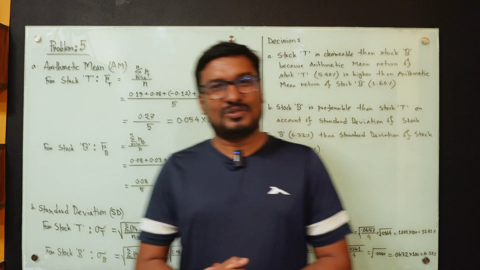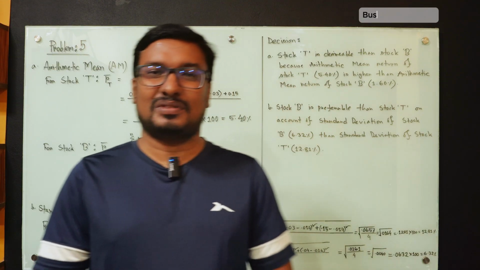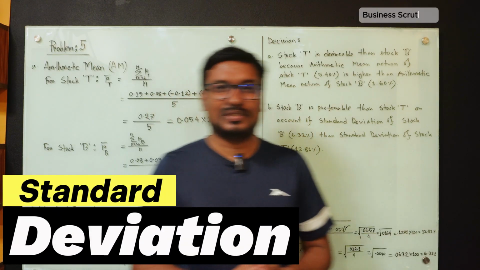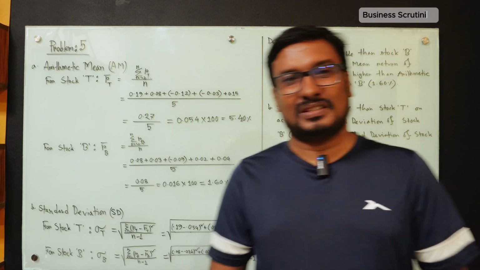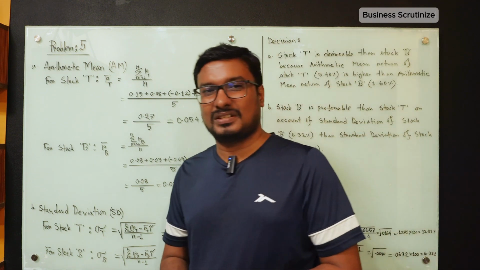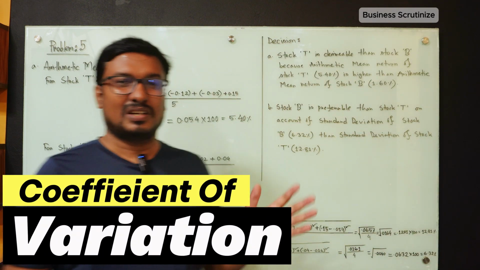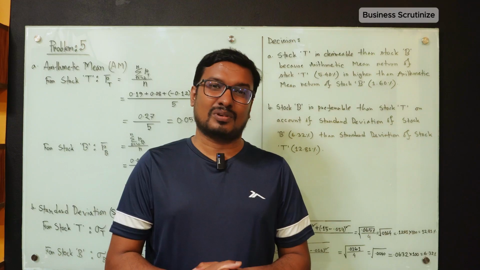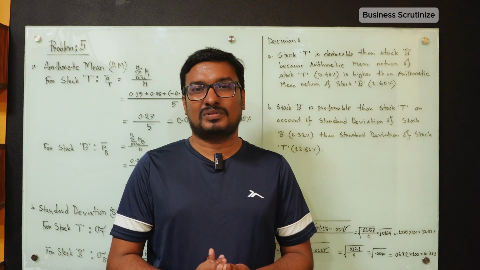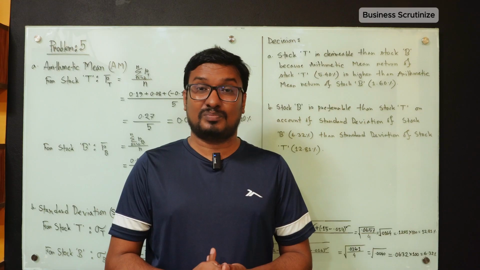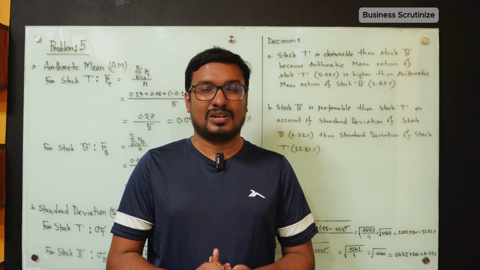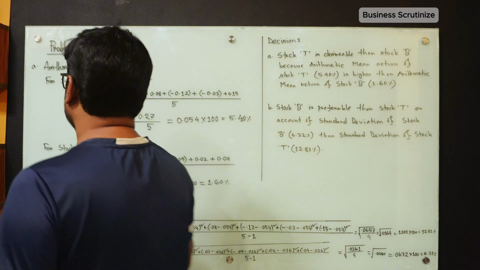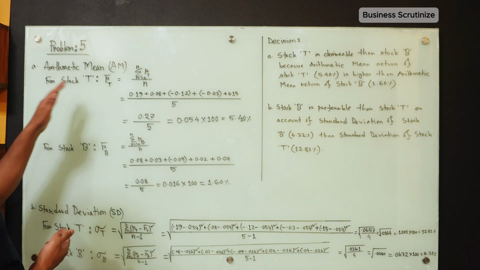In problem number 5, we have to compute a number of requirements. First, we have to compute the arithmetic mean, and the very next requirement is to measure the standard deviation, and then we will compute the coefficient of variation, and in the last requirement we have to compute the geometric mean of two stocks, stock T and stock B. And also we have to make some decisions on how we can choose the preferable stock between stock T and B. So initially we have to write requirement number 1, where we compute the arithmetic